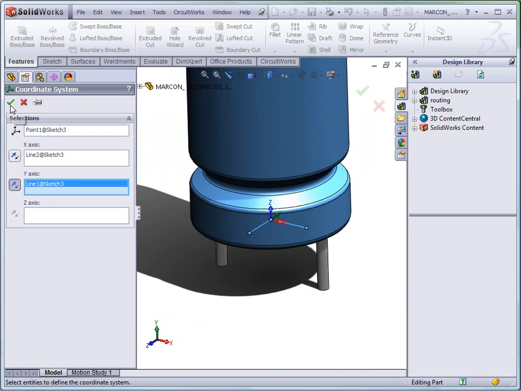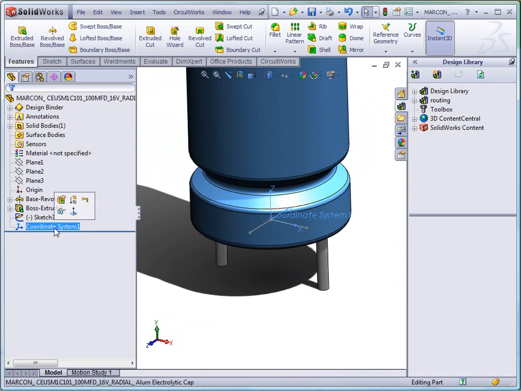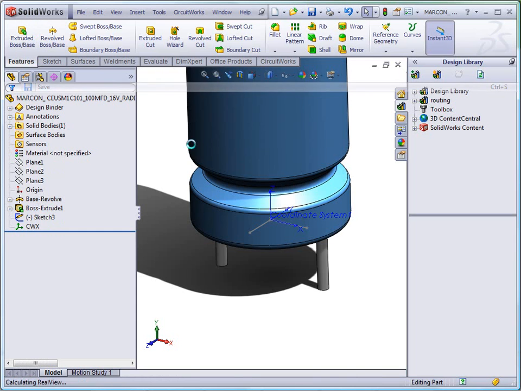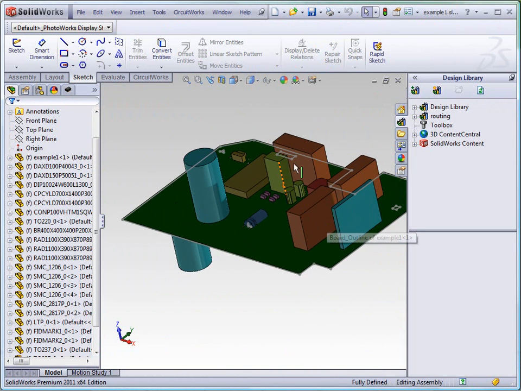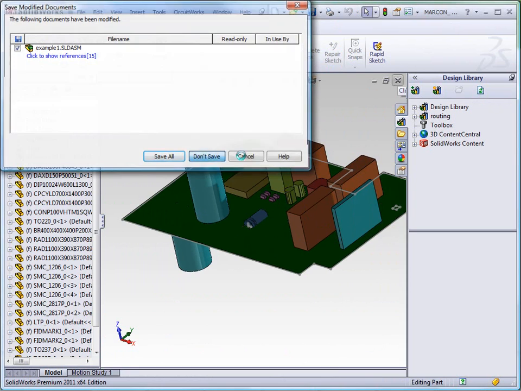So I'm going to go ahead and say OK. That's just going to be called Coordinate System 1. So I can either slow double click or hit F2, and I'll call it CWX and capitalize that. I'm going to save this part. And once I save this part, now I'm going to go ahead and close out this model, this new assembly,